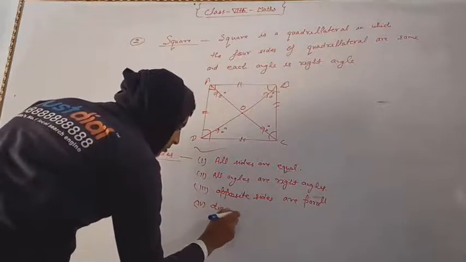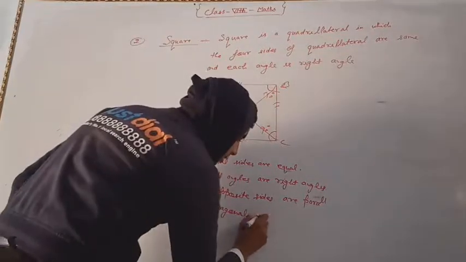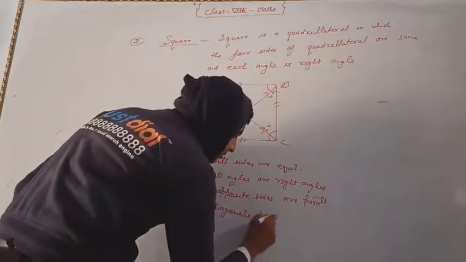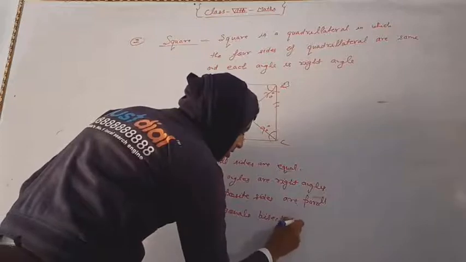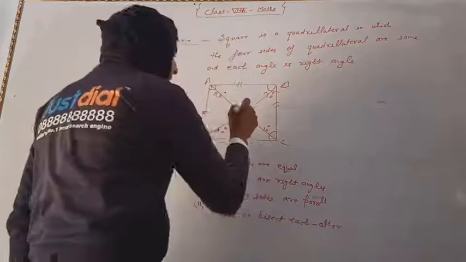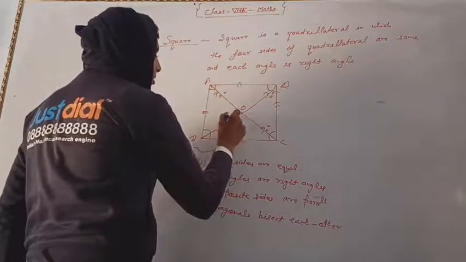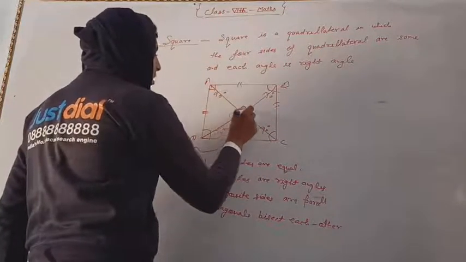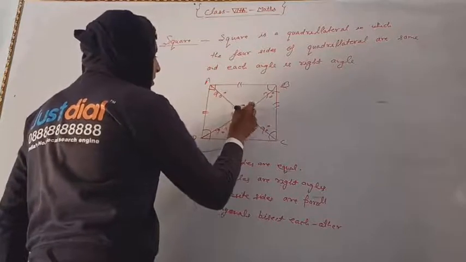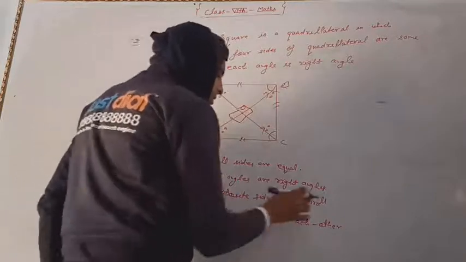Diagonals bisect each other at 90 degree. Here also you can see that this position is 90 degree, this is also 90 degree, this is also 90 degree, and this will be 90 degree. Okay. So diagonals bisect each other